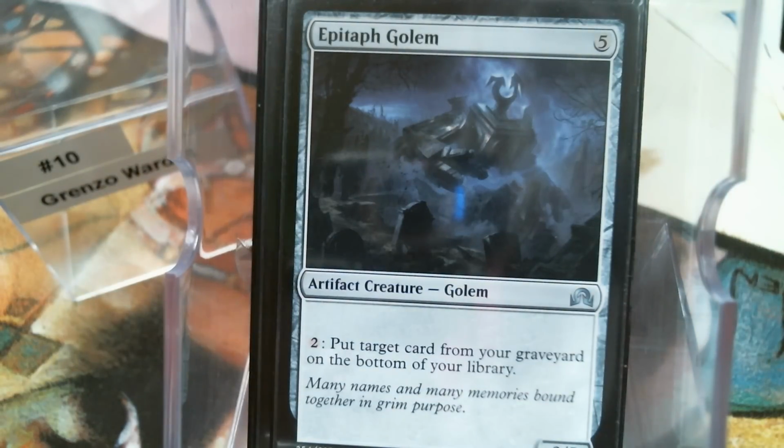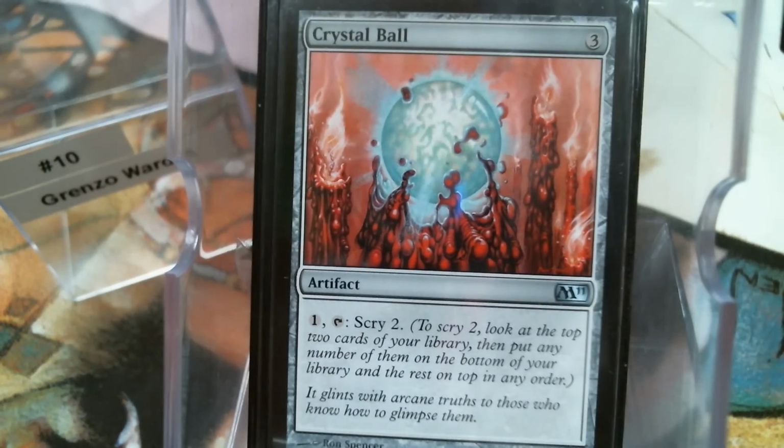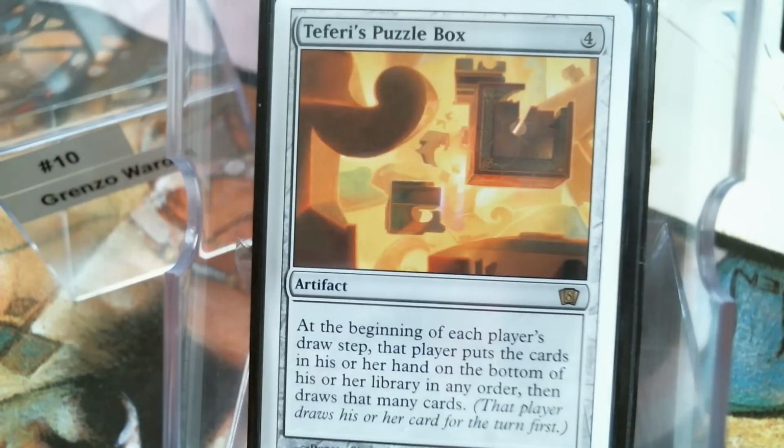Epitaph Golem just works for you. Now, then we've got some scry mechanics, because I would love to have some of the green abilities, some of the blue abilities, but scry is what we got. So we've got scry and Crystal Ball, Seer's Lantern, and of course Darksteel Pendant. Now, Teferi's Puzzle Box,